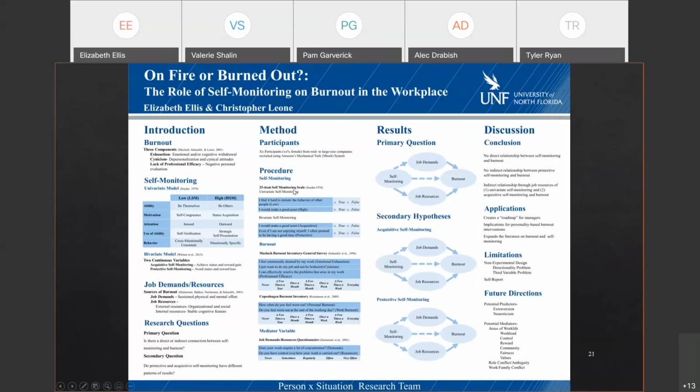So I do have these break apart pieces of the various, what are those things called? Scales. There we go. Questionnaires. I forgot what those were called for a second. Goodness. So it's very heavily graphical, and then my results I put very graphically. I did in a printout have my tables that had the actual numbers, like the actual beta values and things like that. But I left the numbers off the poster, because, I recall now,